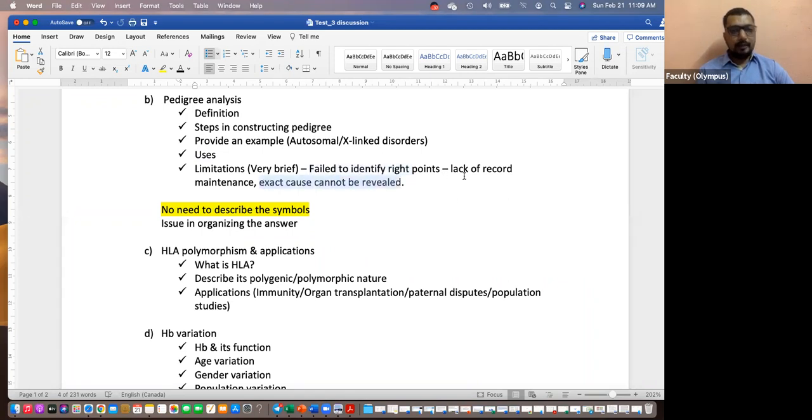Another problem is, I think, Nikhil, if I'm not wrong, you mentioned this, that we have enough population as an advantage. But the problem with this is lack of record keeping. It's not about population size, it's about how many records they kept. How much do they know about their parents, their grandparents? Did they ever write anything about it? They might not have. I've seen many families where a genetic problem is there, but they don't know, they don't track it at all because they don't have knowledge about it.